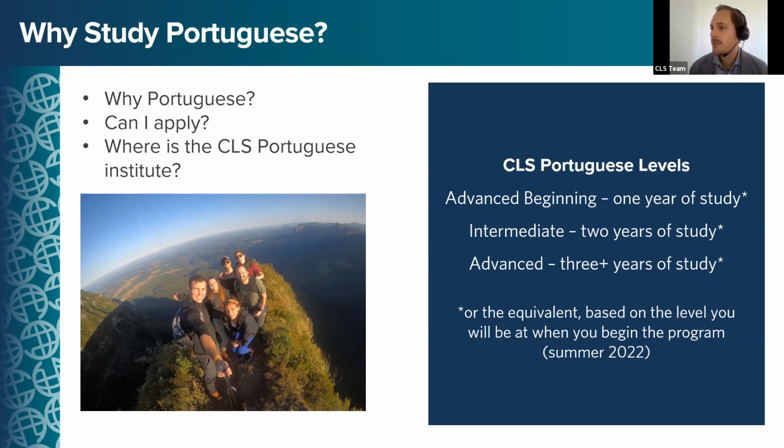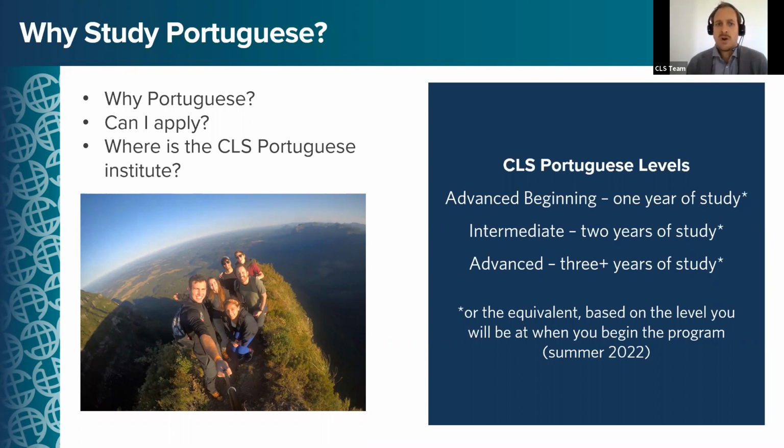As many of you know, Portuguese is also spoken in Portugal, Cape Verde, Guinea-Bissau, Mozambique, Angola, and São Tomé and Príncipe. It has also co-official language status in East Timor, Equatorial Guinea, and Macau. On the right-hand side here, you can see that